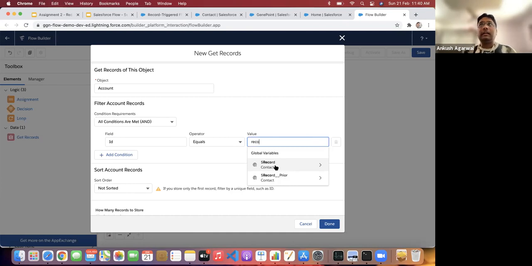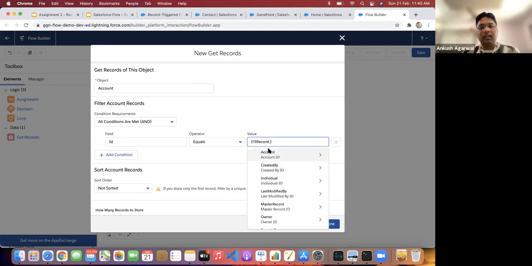If you want to compare what the lead source was earlier, and the record was edited and changed to some other value, we can compare that with the record prior. For now, I'm selecting record ID, record, and then account ID.